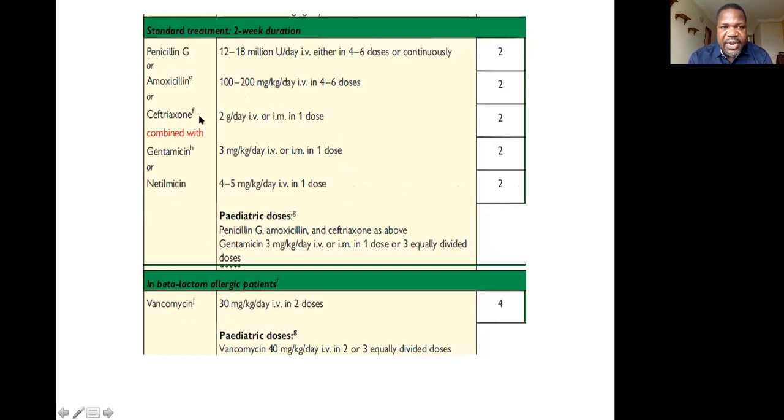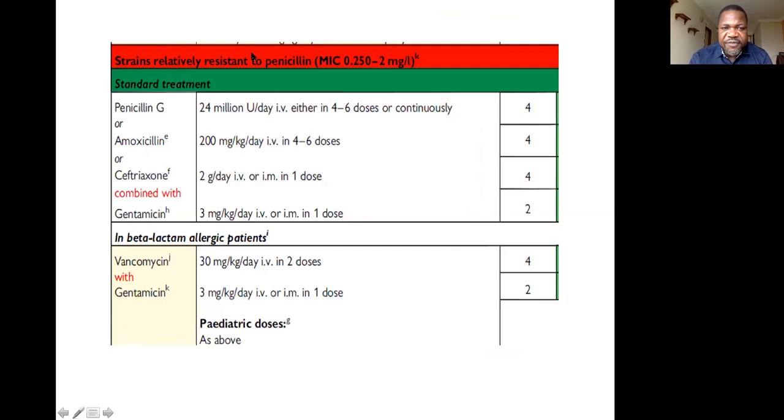But you can also shorten the treatment to 2 weeks by combining that antibiotic with an aminoglycoside, mainly gentamicin. So you can shorten your treatment to 2 weeks if you combine penicillin and gentamicin, and 4 weeks if you use penicillin alone. In patients who are allergic to beta-lactam, you can use vancomycin, still for 4 weeks of treatment. But if the lab isolates strains of Streptococci that are resistant to penicillin, with a MIC between 0.250 to 2 milligram per liter,